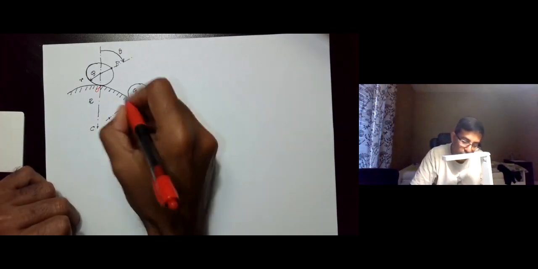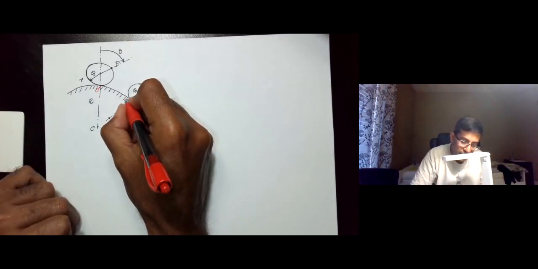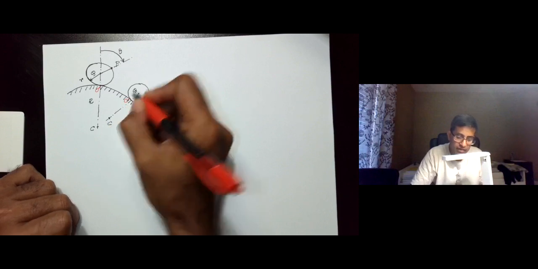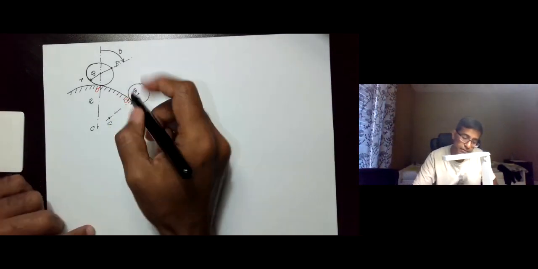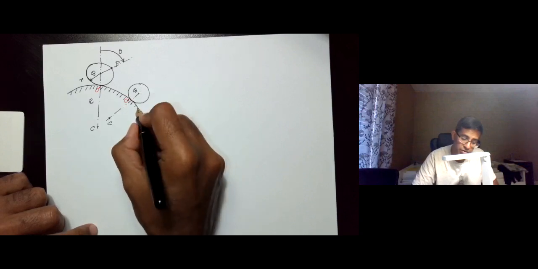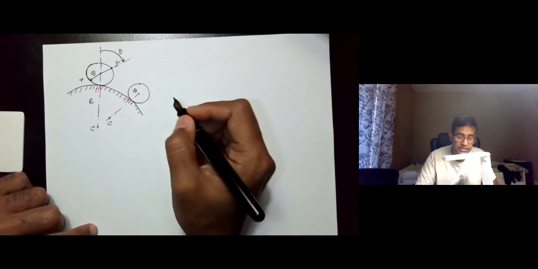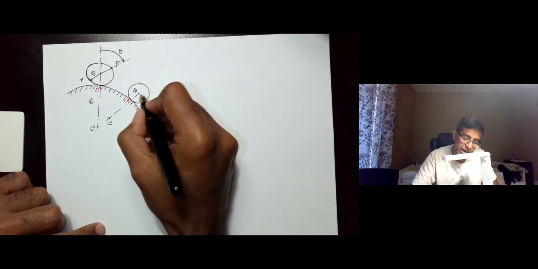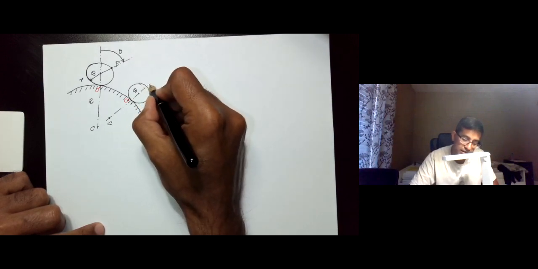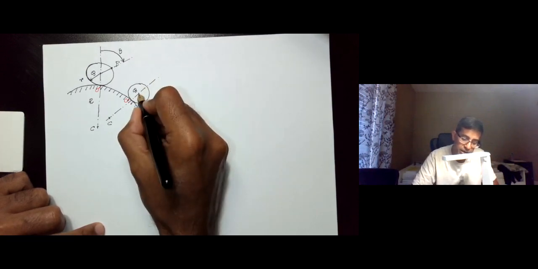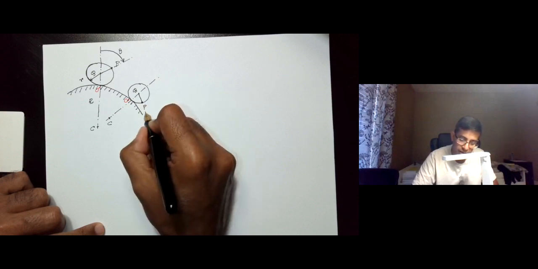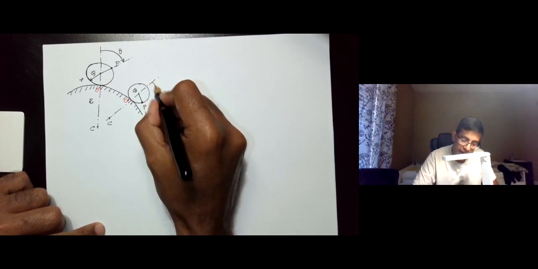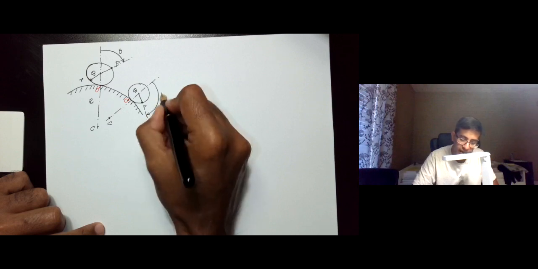The point O prime is going to be this point. Again, O prime is the point on the ground, on this curved ground, where the disk is contacting, and then at that instant the point P would have moved here because there is rolling without slipping, and the angle theta would be this angle,